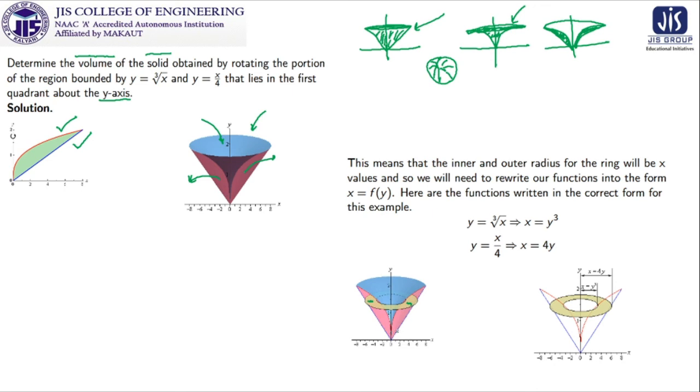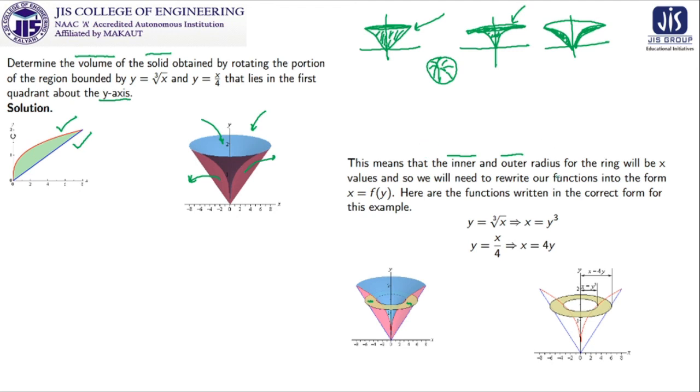So when this ring is in the lower part, then there is some volume, then in the upper part. So this ring is a floating ring, and this ring is actually creating the volume which is our desire. So there are some inner radius as well as some outer radius of this ring. And the functions we have to write in terms of y, y is equal to f(x) is given. We can write it as x equal to f(y), because the rotation will be done with respect to the y-axis.